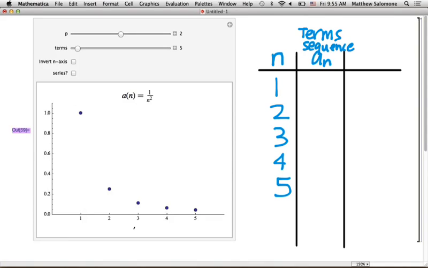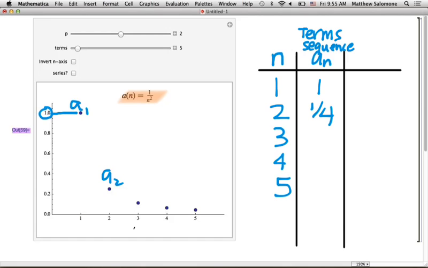So the first question is just what are the values of those first 5 terms in this sequence? So since we have a formula, we can just use the formula. So I will stick 1, 2, 3, 4, and 5 in for n and get a sub 1 is equal to 1 over 1 squared. So on our graph here, there's a sub 1. A sub 2 is 1 over 2 squared, so that's